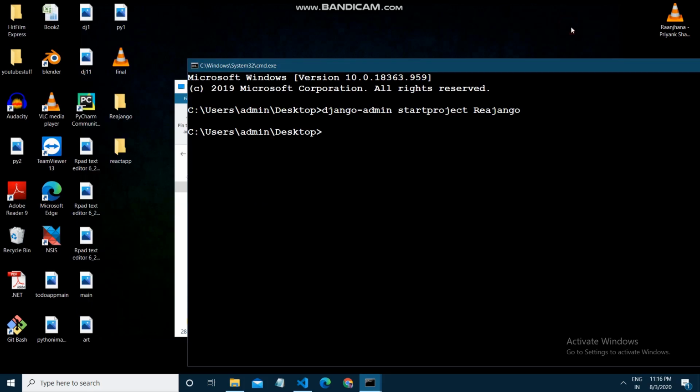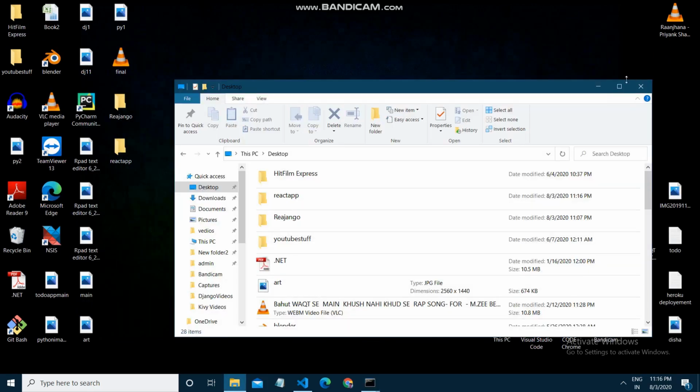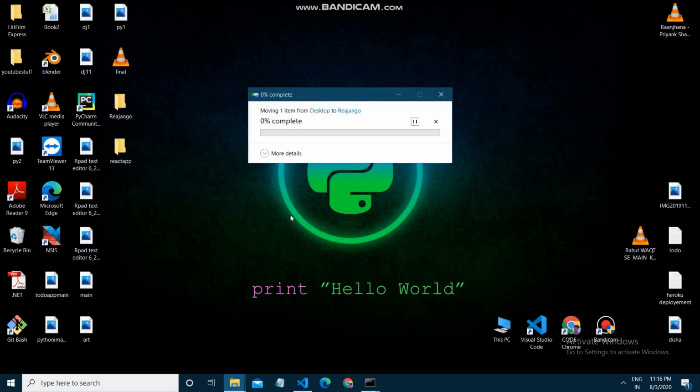So let me minimize this window. Here you can see that ReDjango is our Django project and react-app is our React project. I will just drag this React app into ReDjango.